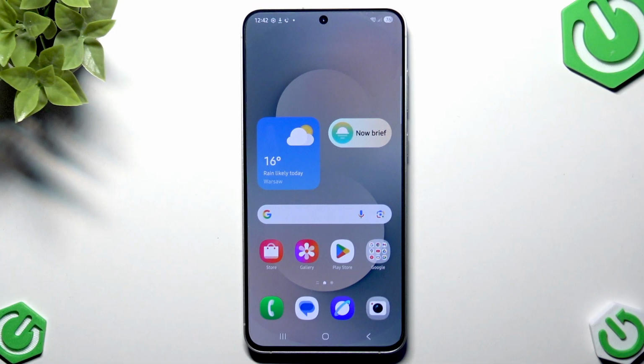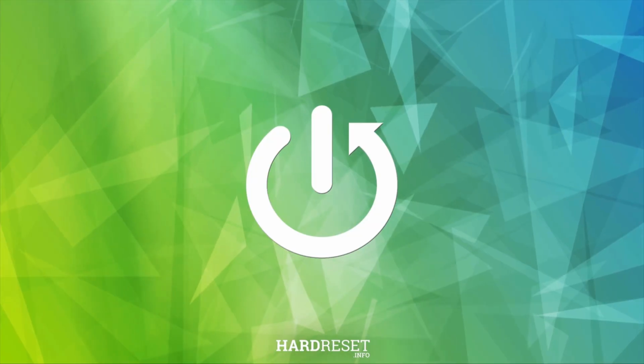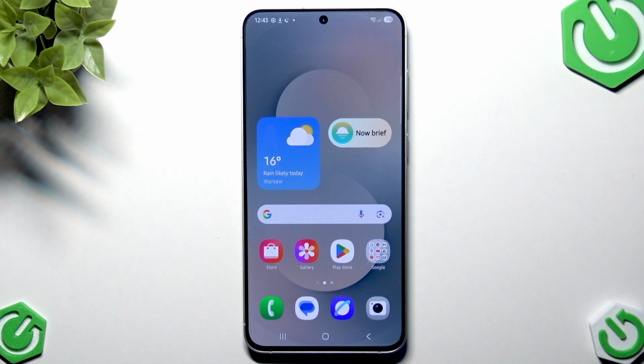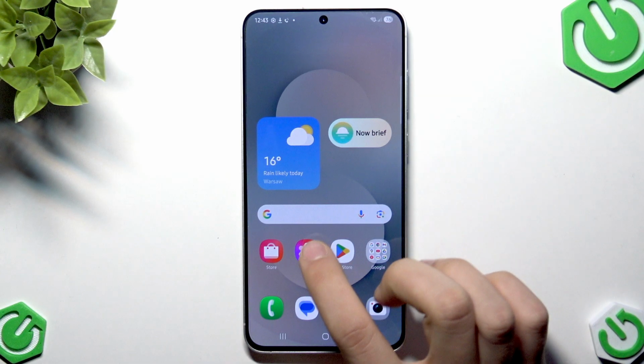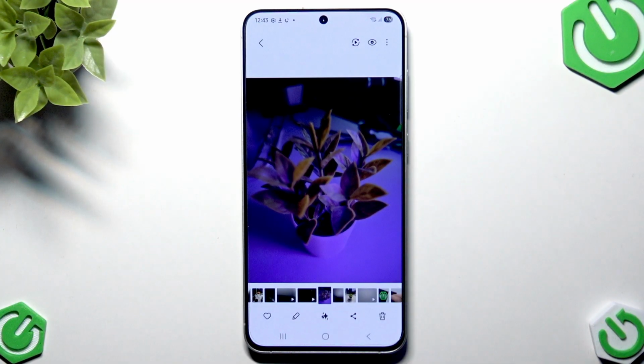Today I'm going to tell you how to edit the photos in your brand new Samsung Galaxy S25 FE. This process is quite identical in every Samsung flagship phone which has One UI 8 or 7. At first, let's go into the gallery and select the photo we want to edit. For example, I do really love this purple flower